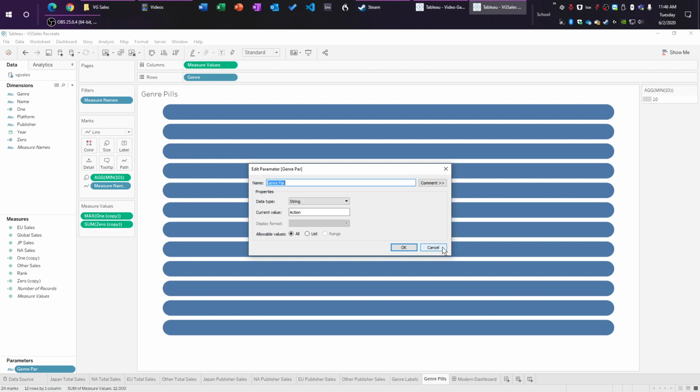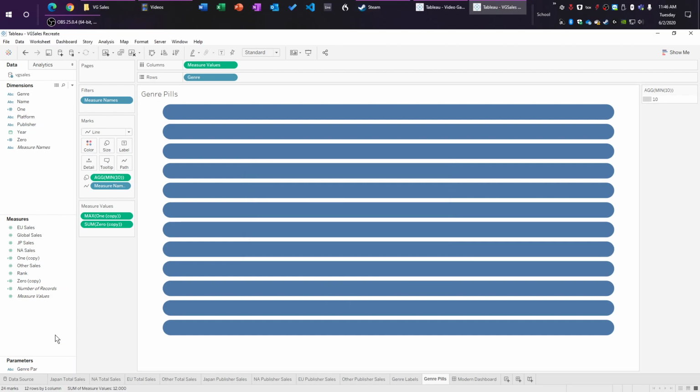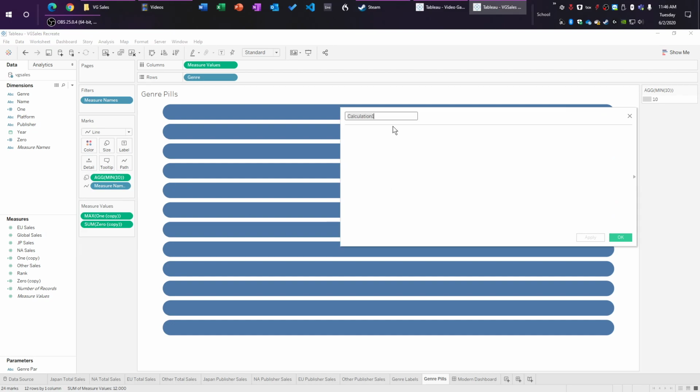So a parameter is a manually changed value. That's really important, and we'll get to why in a second. Now we're going to right click up here. Again, it doesn't really matter where you right click along this bar, and we're going to make a calculated field. We're going to call this